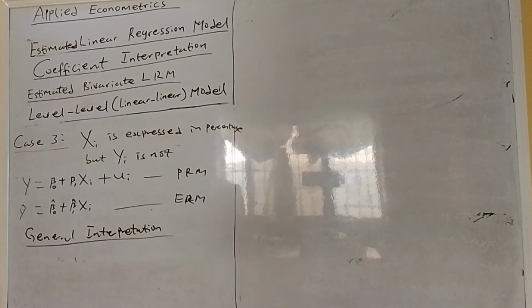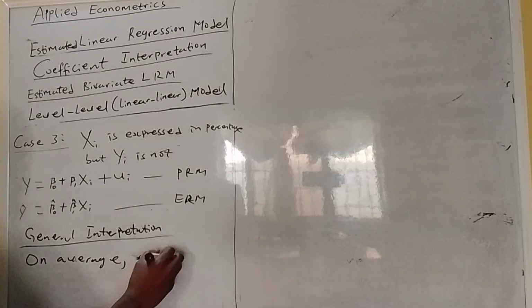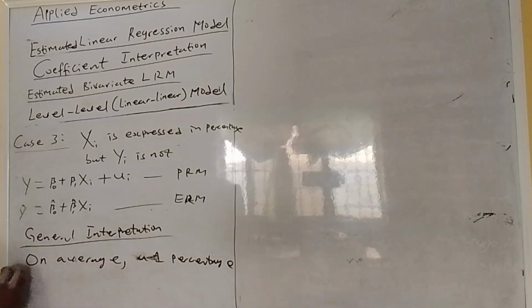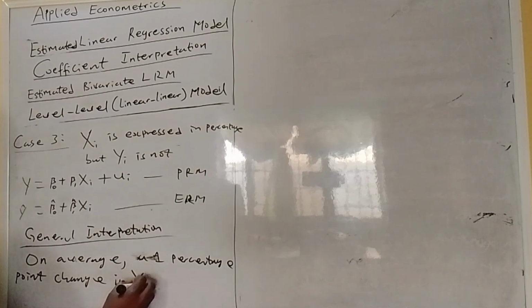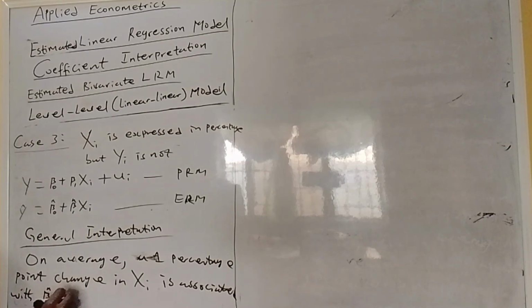So the general interpretation is that beta 1 hat implies that on average, because the independent variable is expressed in percentage term, it's going to be on average a 1 percentage point change in x is associated with beta 1 hat unit change